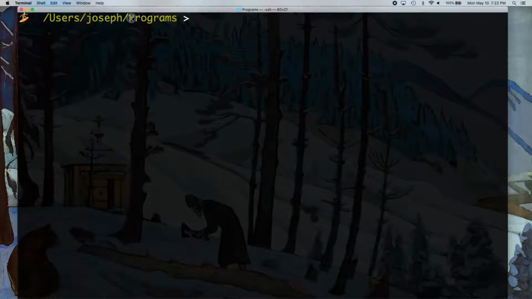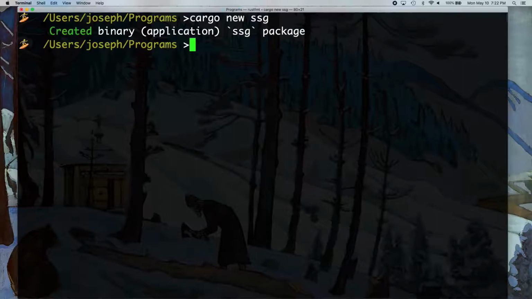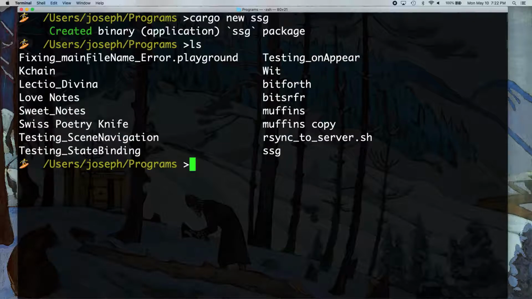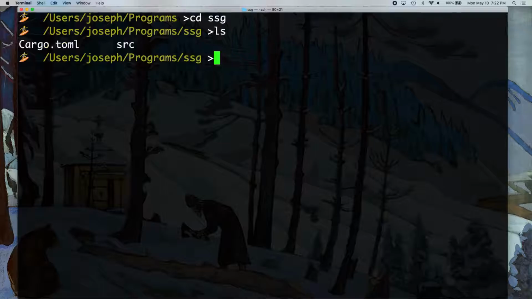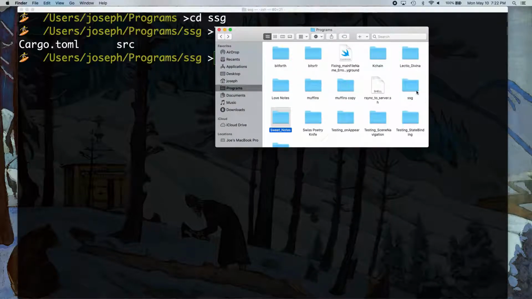And then you can see I'm in a programs folder here, and once that's installed, we just do cargo new and our project name. I'm just going to call it SSG, static site generator. That's going to create a folder in the programs folder. You can see the SSG folder there. Then we're going to cd into that folder, and we can see that there's a Cargo.toml file, and then there's a src folder. So if we go into the src folder,